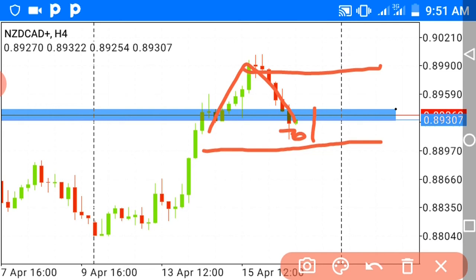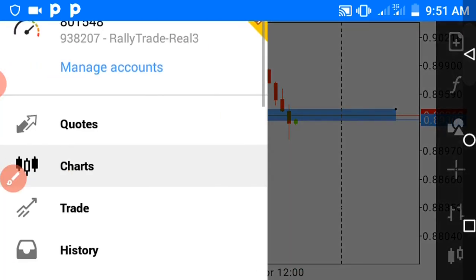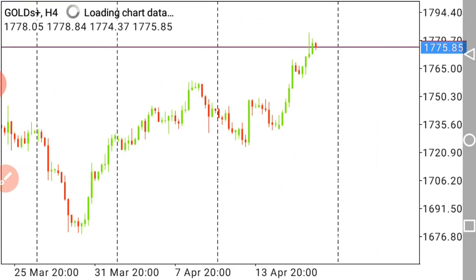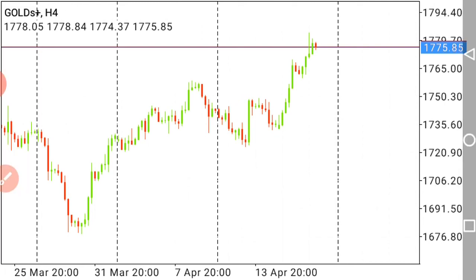So that is it. So let's go to the last one, which is gold, of course. Okay, so the last one is gold. Those are actually already in that group. I've already told you earlier that it is a good time to buy gold currently, because gold is making a series of higher highs and higher lows. And it seems that the market is trying